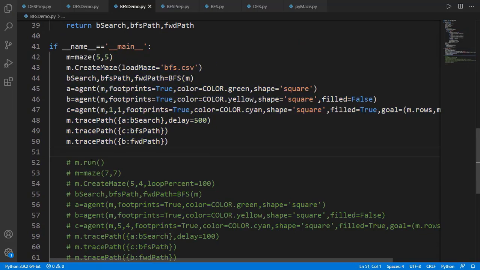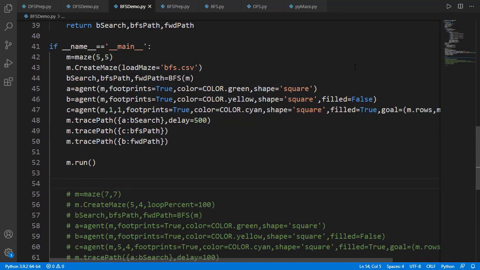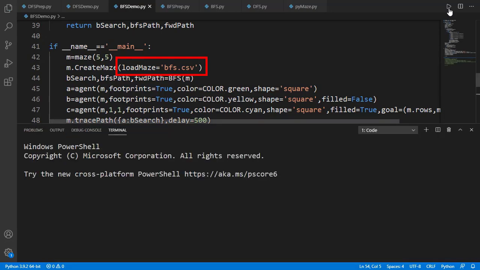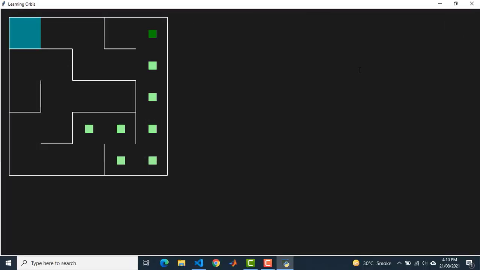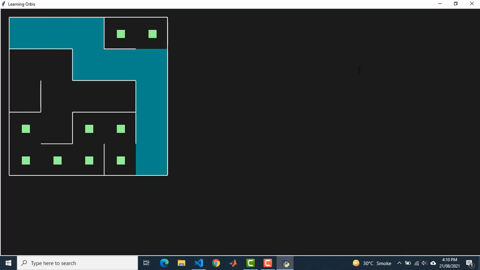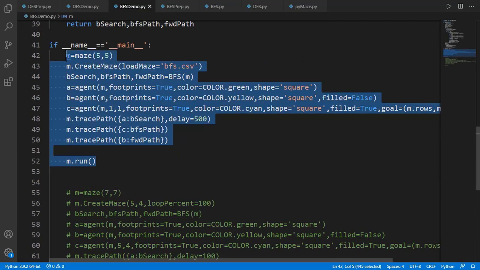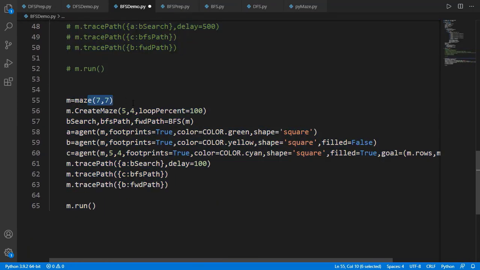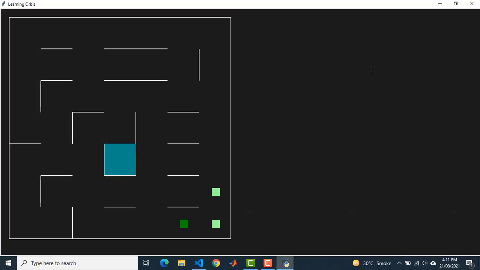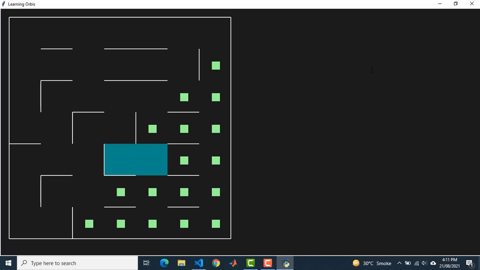Firstly, let's see this code that will generate the maze we saw in this lesson many times. That maze is stored in the CSV file. BFS is searching for the goal. Goal found, and then is the reverse path till the start cell, and then the agent moving from start to goal. Here I have a 7x7 maze. The goal is also different, as the cell 5-4. You can see it works for any goal or any start cell.